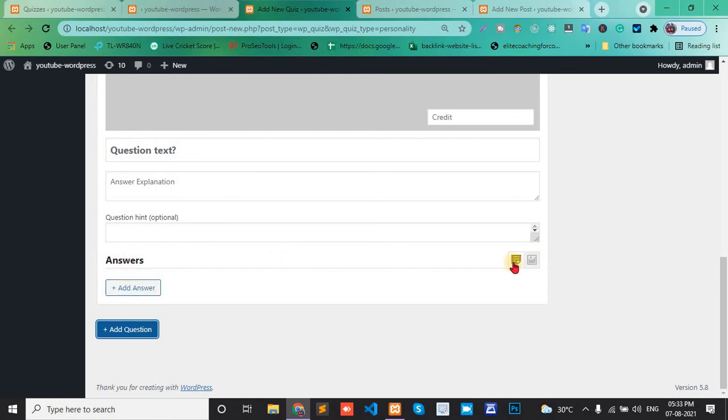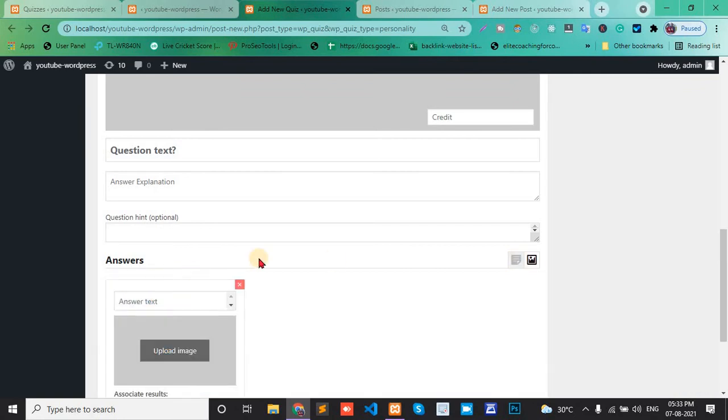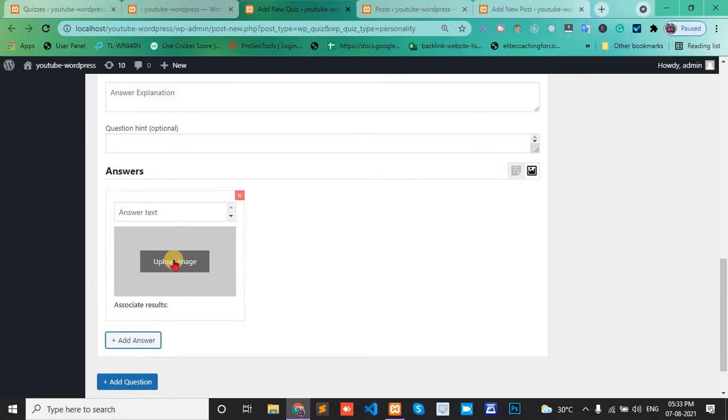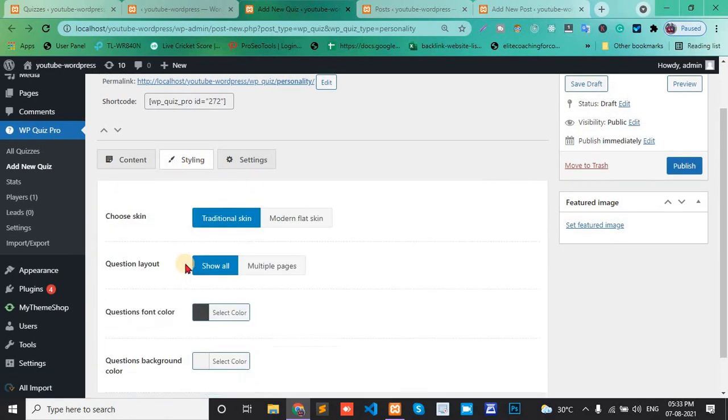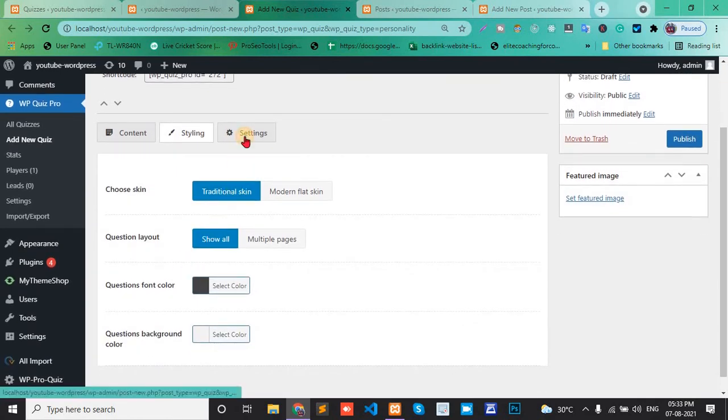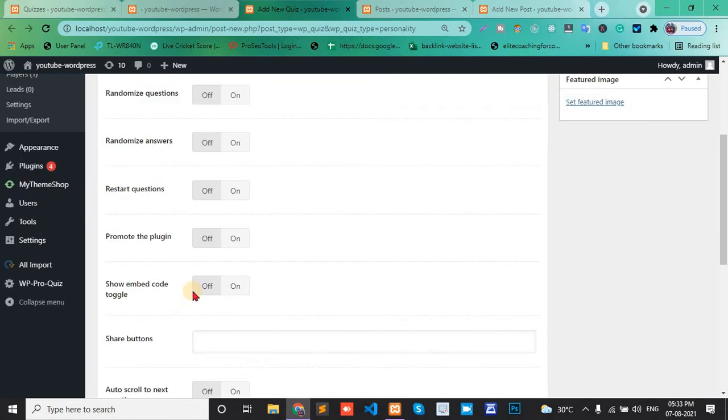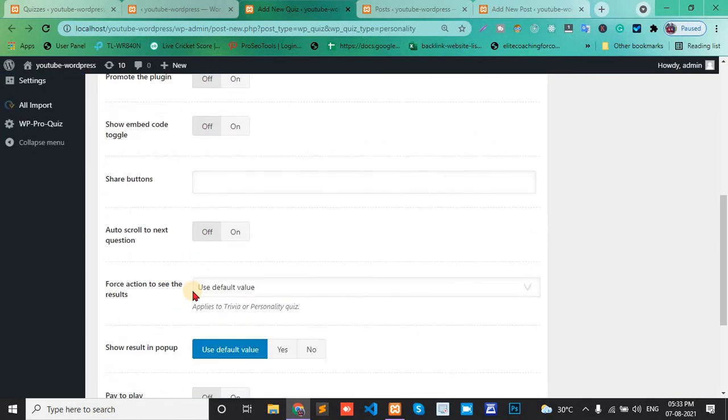Here in answers you can add an image also. Add answer, upload image; the answer can use both text and image. And styling and settings are the same as the previous one.